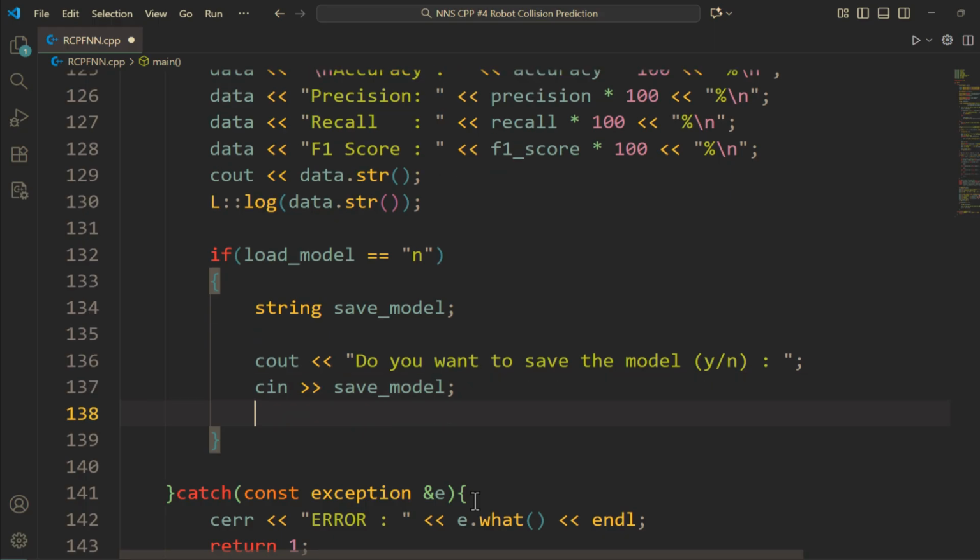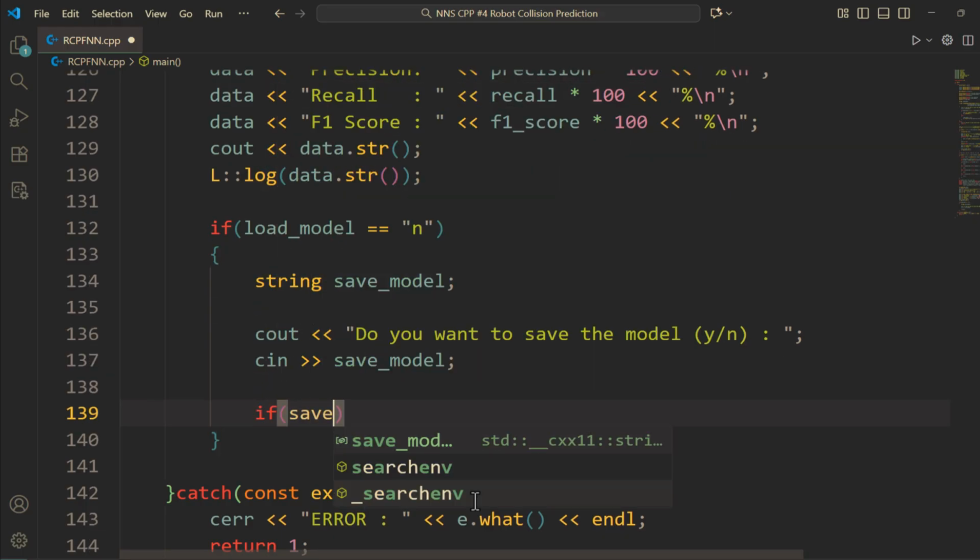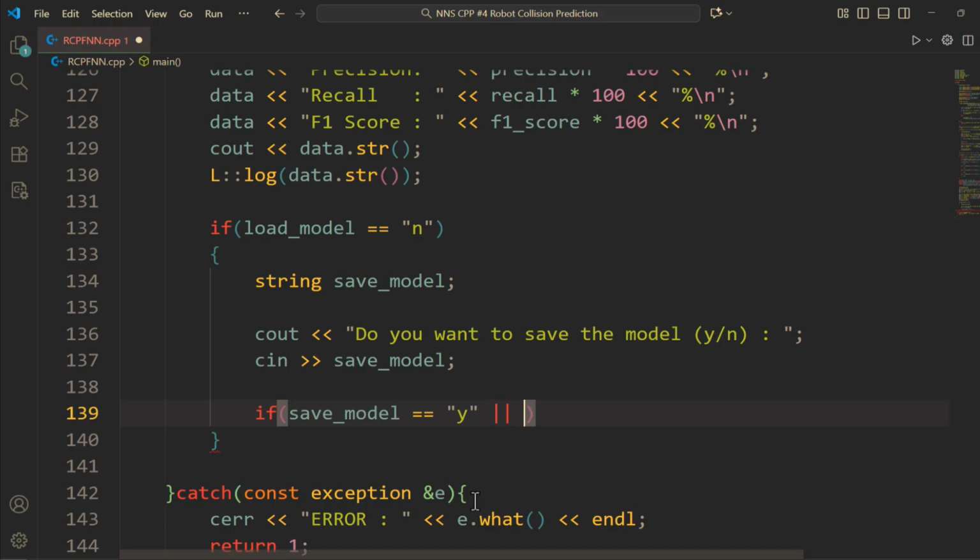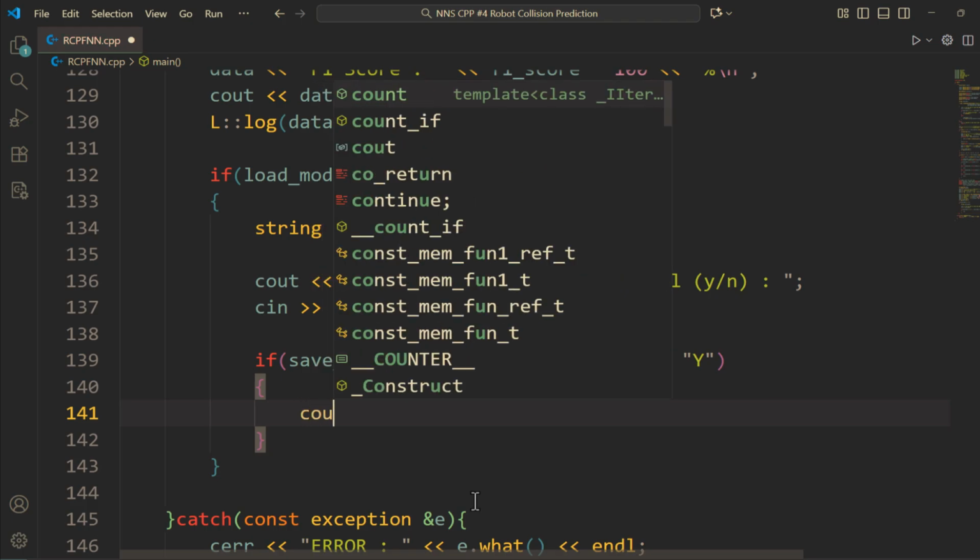And then we say if save_model equals to y, or save_model equals to capital Y, then cout